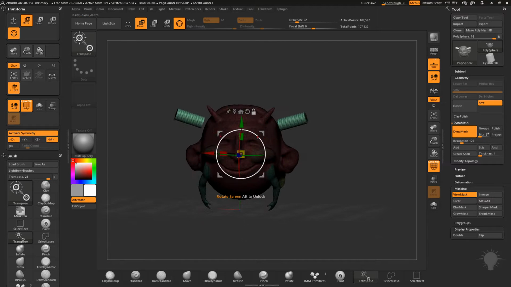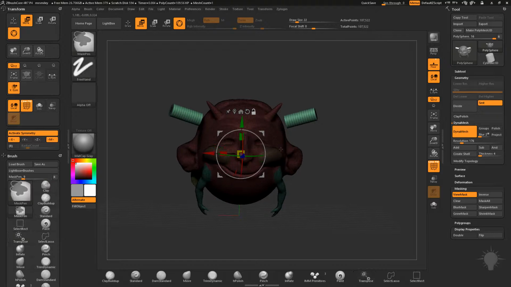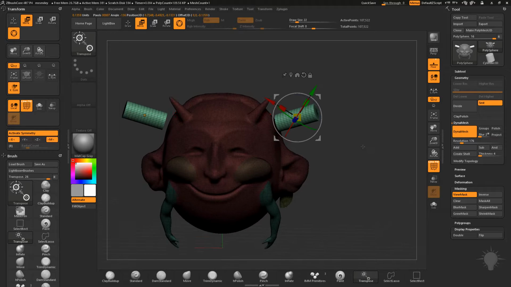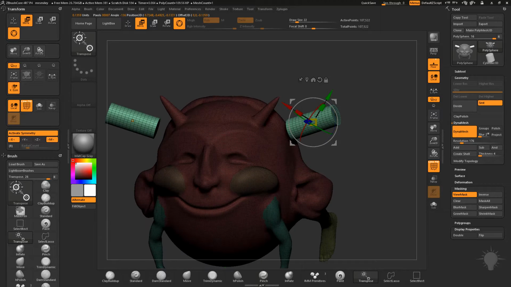So in this case, if I start rotating, it's probably not going to do much because I have X symmetry turned on. If I deactivate symmetry, now I can rotate these. I'll go ahead and lock it back up, and now I can rotate these this way and this way. If I activate symmetry, it's going to break symmetry, which I don't want. So in that case, I'm probably just going to reset it back to the individual object centers,